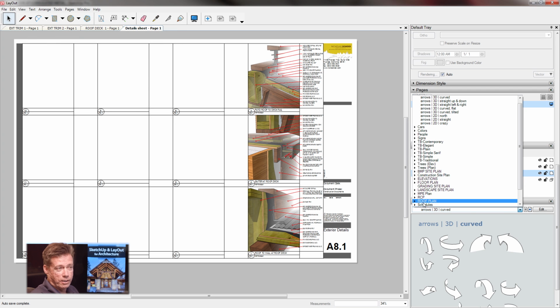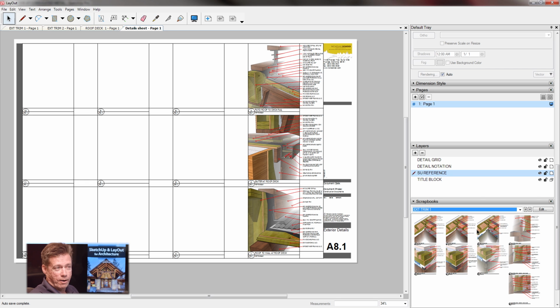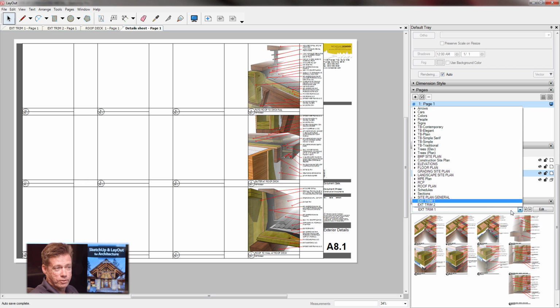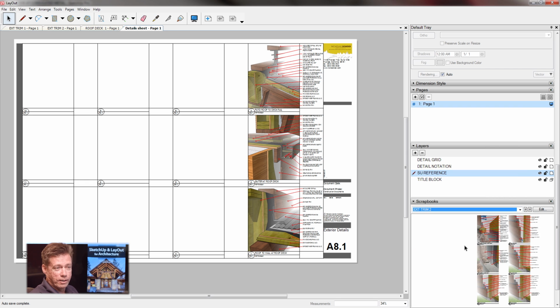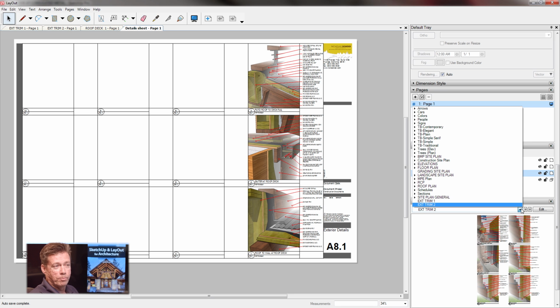And then you'll see in here all those other listed detail sheets are gone, but now I just have my exterior details. So I can now go back into here and grab additional details if I like